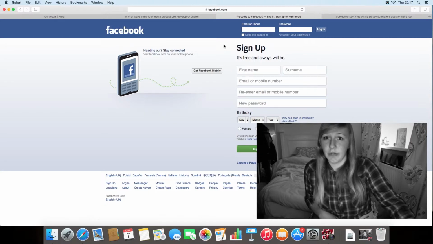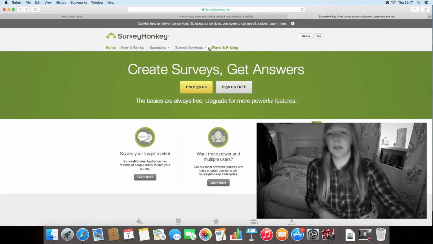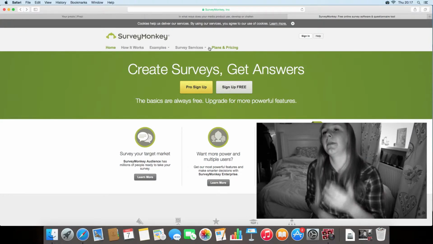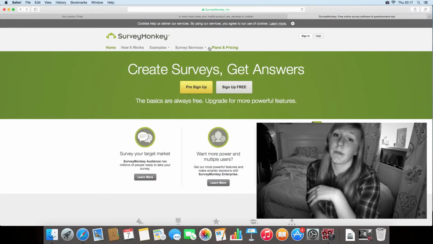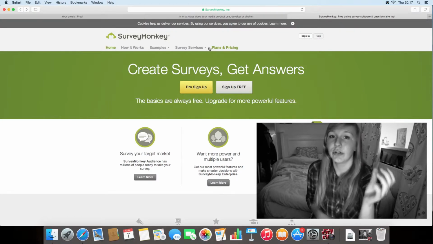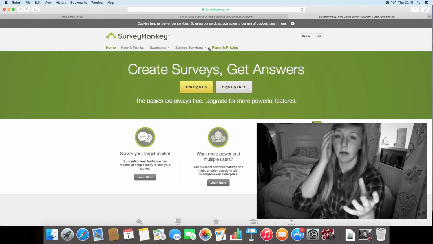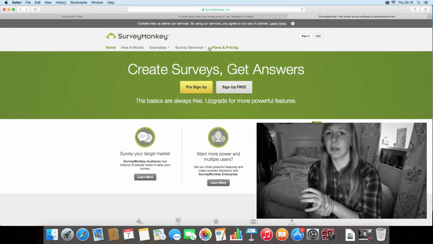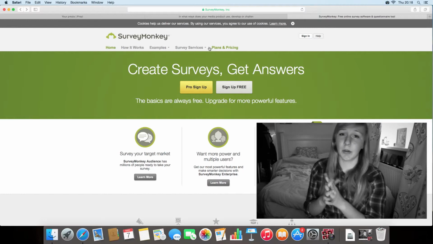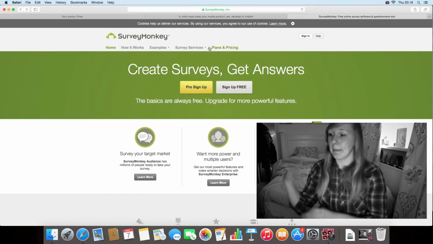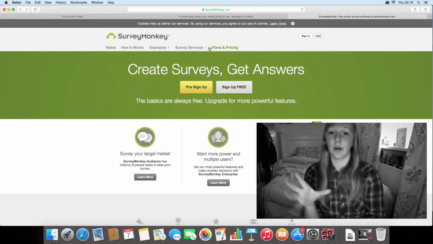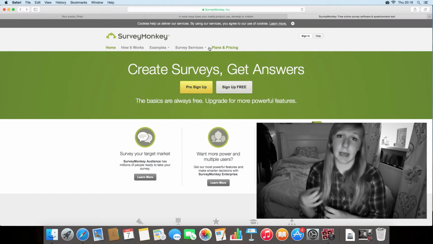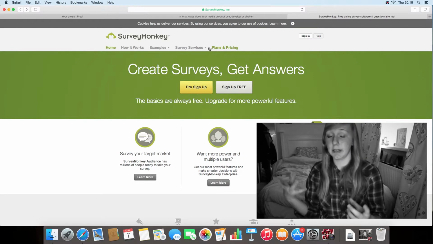Next would be SurveyMonkey. This is the last thing I'm going to be talking about. This is great because I can easily create a professional looking survey and then put it straight out onto Facebook, like I said earlier. So create it within, I don't know, half an hour tops, maybe more, I can't remember, it was a while ago. But yeah, I've got a range of different options on SurveyMonkey, which allows me to gain both qualitative and quantitative data.